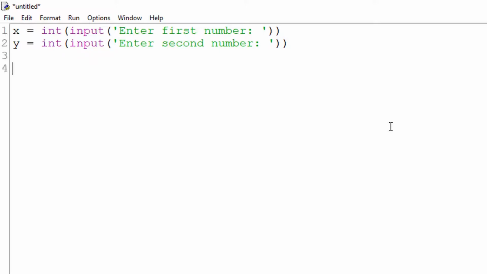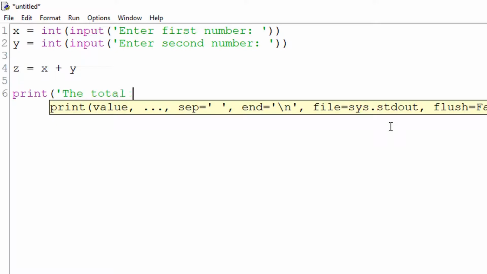To calculate sum, simply type z is equal to x plus y. Now total is stored in variable z and you can print by using print function.